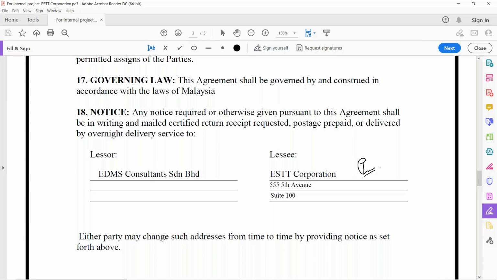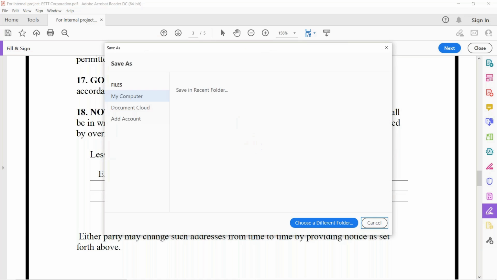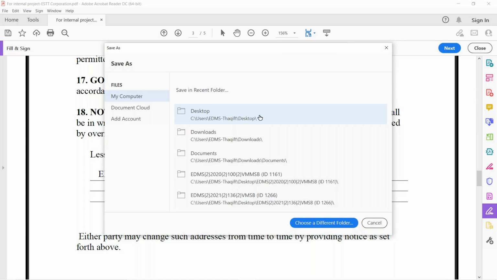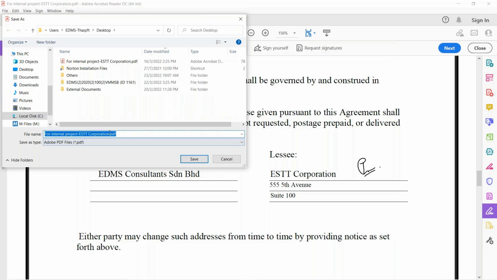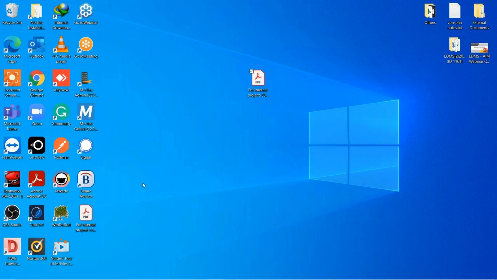So let me just put my signature here. Then I just click and I just save the document. Maybe I can rename the document. All right, so this is the signed document.